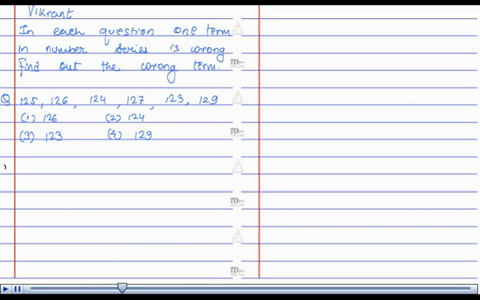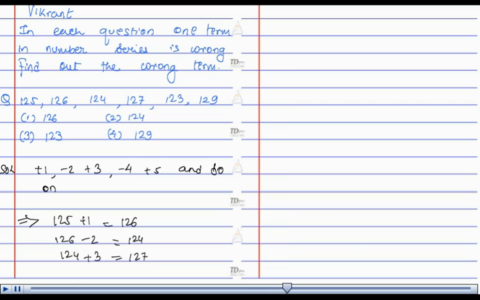The solution is, if you look at the series carefully, it is following a pattern of plus 1, minus 2, plus 3, minus 4, plus 5 and so on. So, if you look at the series, 125 plus 1 is equal to 126, 126 minus 2 will be equal to 124, and 124 plus 3 will be equal to 127, 127 minus 4 will give you